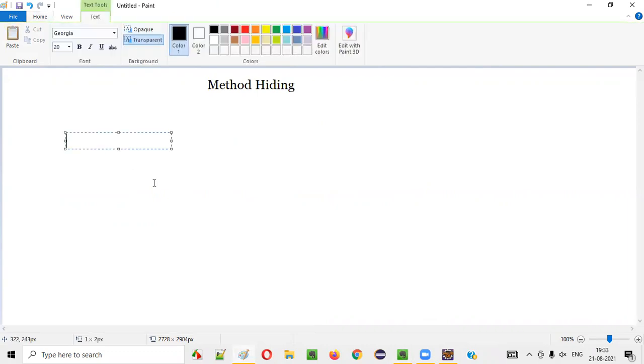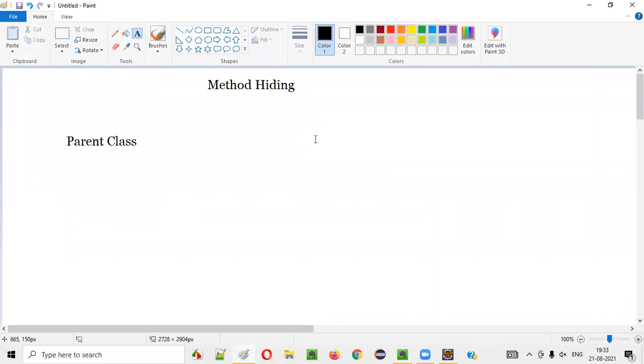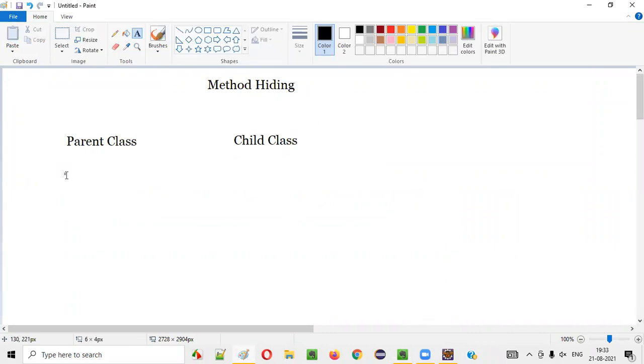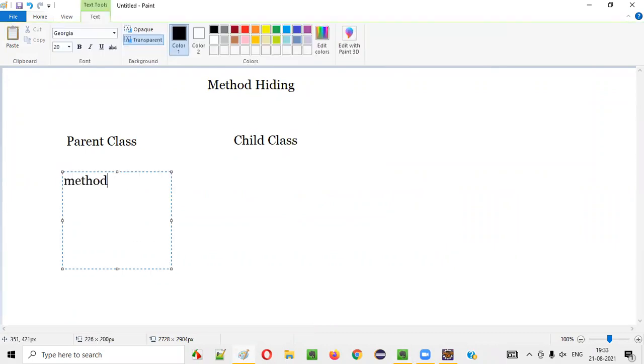Let's say there is a parent class, and for this parent class, there is a child class. Now, in the parent class, we have a method, say method A. Some sample method, and this method is specified with the static keyword. It's a static method.